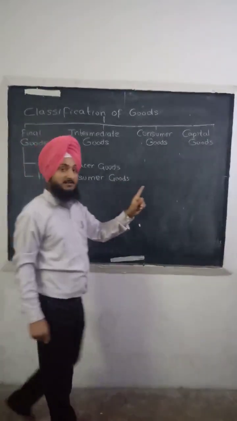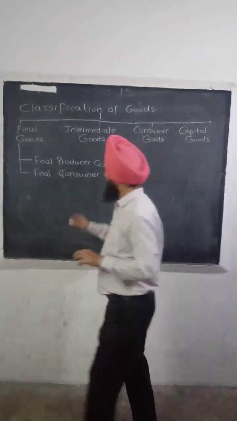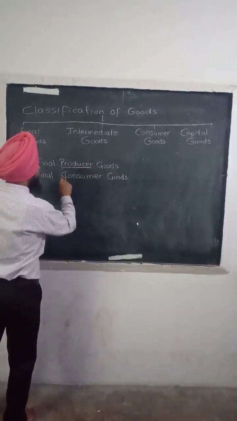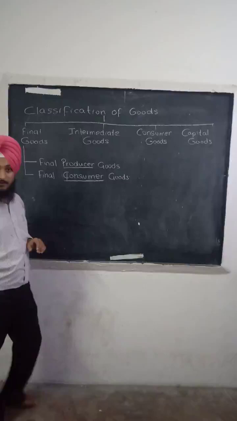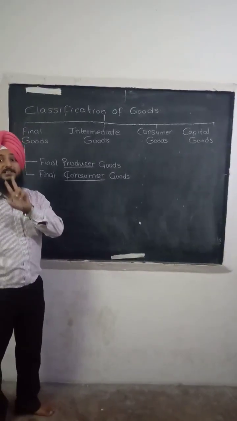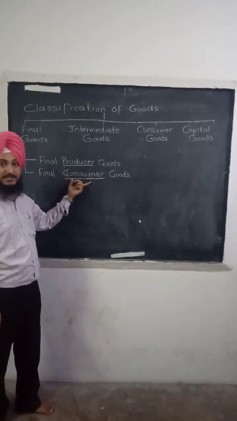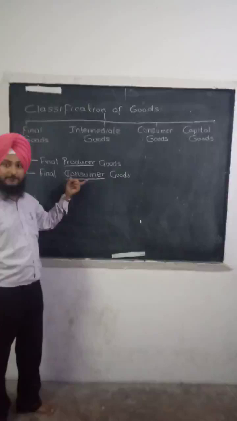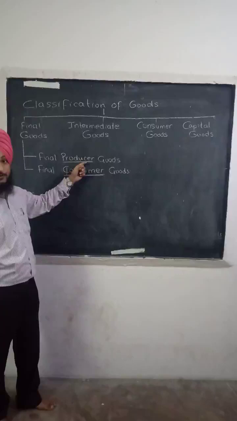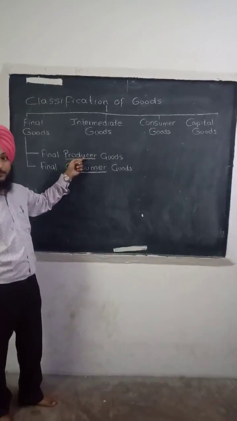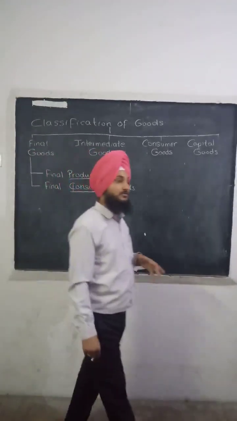In our previous class in plus 1, in the subject of statistics, we had these two major words, producer and consumer. We had two main chapters on the consumer: consumer's equilibrium in microeconomics, with the utility analysis approach and the indifference curve analysis approach. Who is a producer? We had a full-fledged chapter on producer's equilibrium. A producer is one who produces the commodity. A consumer is one who consumes things in order to satisfy their want.